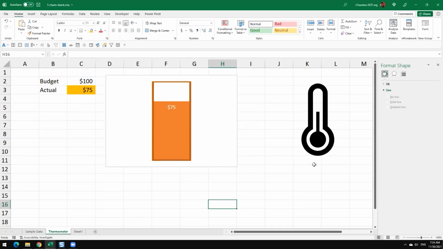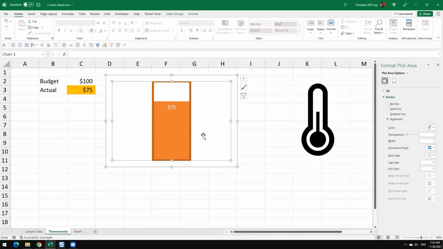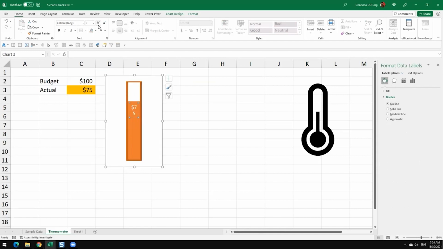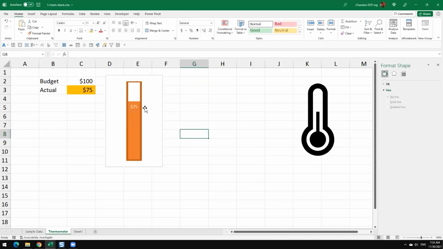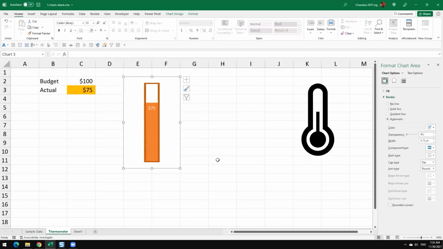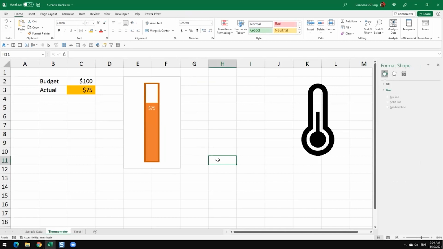We don't have the bulb in the bottom, but this thing is done. And then you can size it so that you will get a nice thermometer like this. The next step is, if you want this, I would normally stop here. I wouldn't even bother with the rest of the things. But if you really want to get a thermometer look and feel, all you have to do